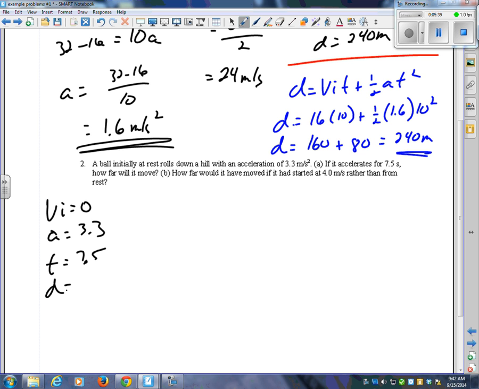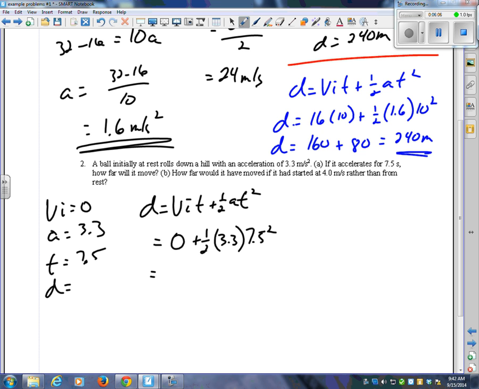And you're asked to find how far will it move. Which one has D, VI, A, and T in it? And I said it in that order for a reason. Initial velocity is 0. All of that disappears. It's nice. 1/2, 3.3,